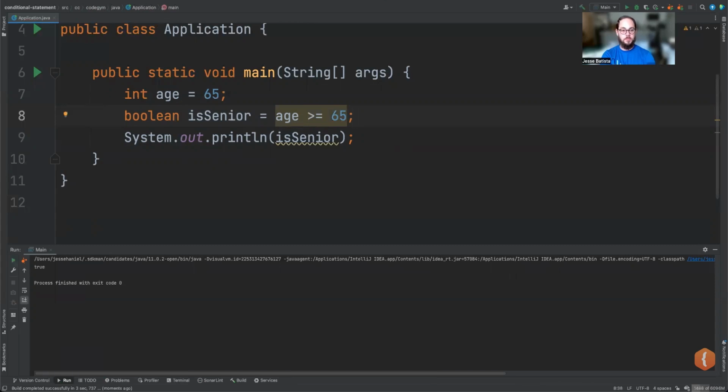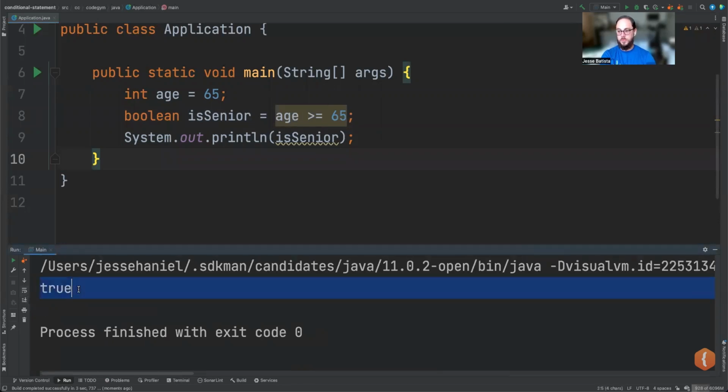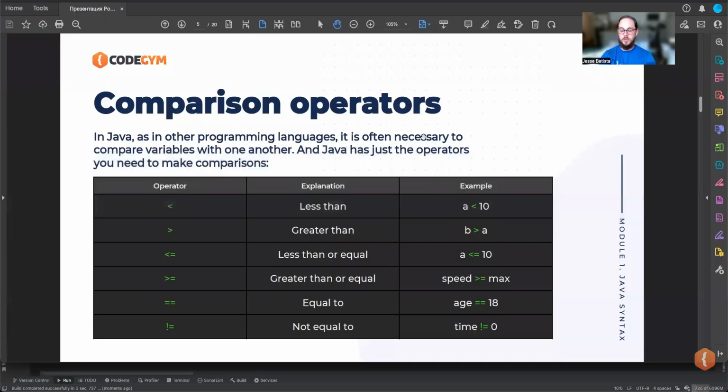That's it, all right? Okay, really good. So here we have true. Okay, so going back to the presentation,